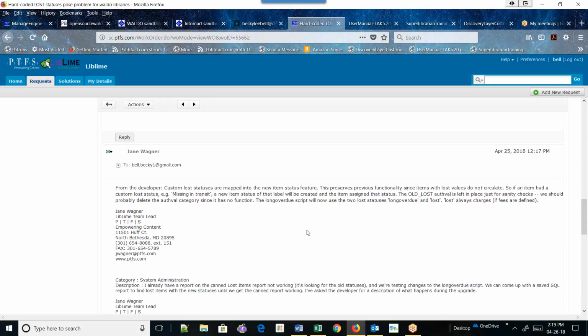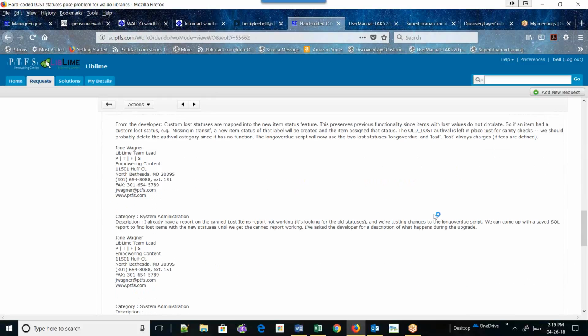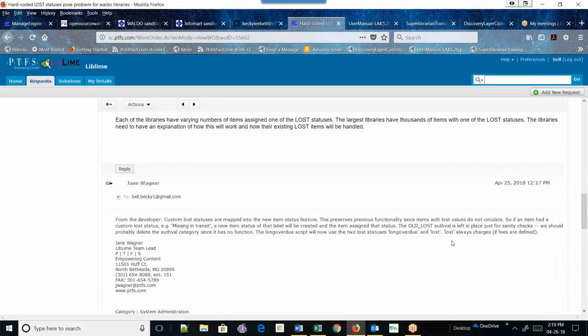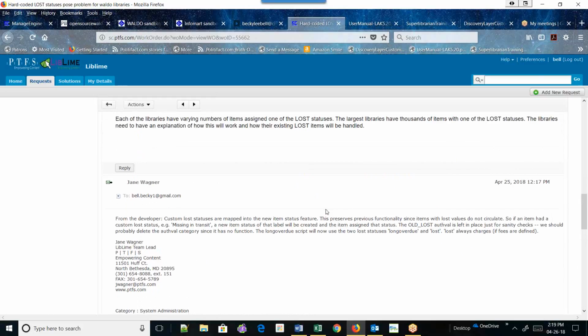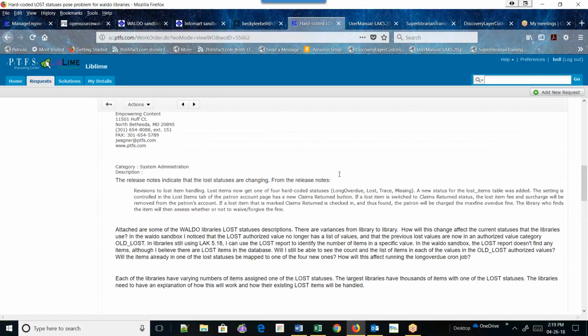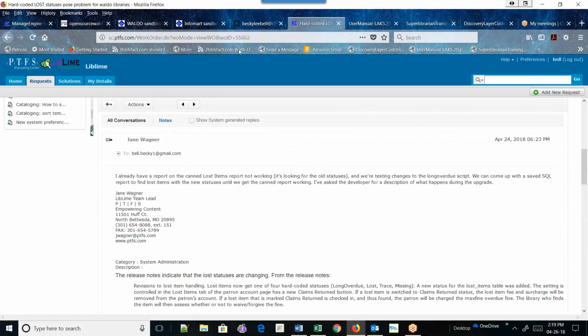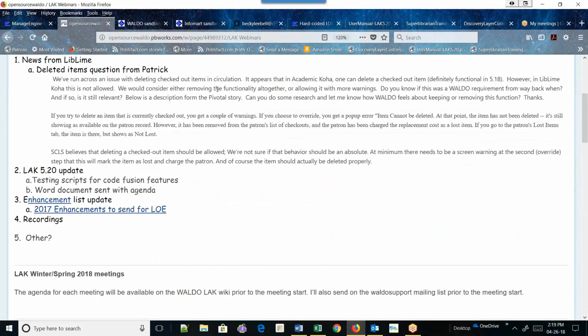So the differentiation between lost library applied and lost system applied appears to be a little bit different. As I get more information about the lost pieces, I'll keep you informed. But at least they know that there are questions about the lost statuses. Based on the information that I have